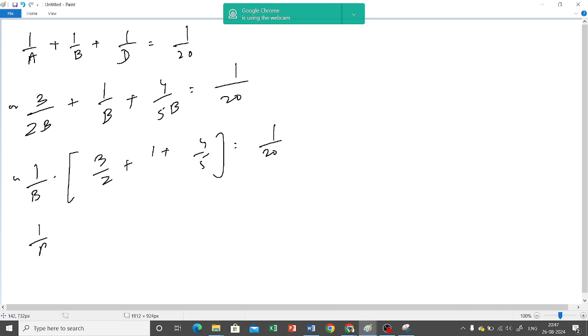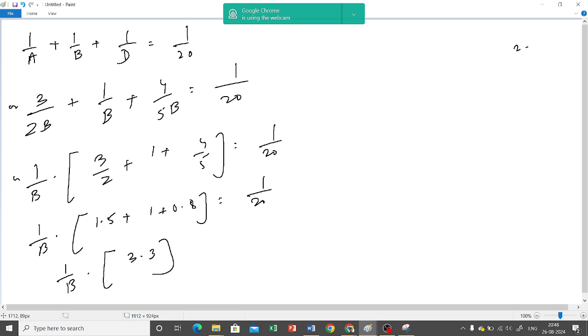So this is a very simple calculation. It's going to be 1.5 plus 1 plus 0.8. So this is going to be 2.5 plus 0.8, that is 3.3. It is going to be 1 by 20. So B is equal to